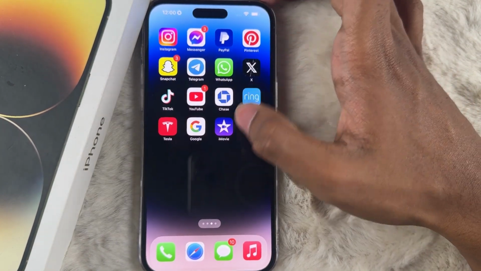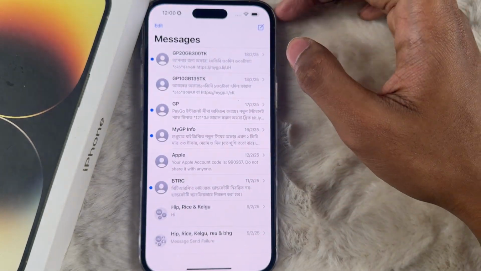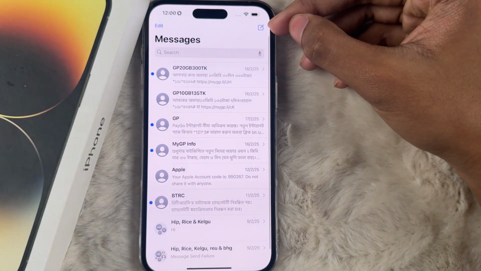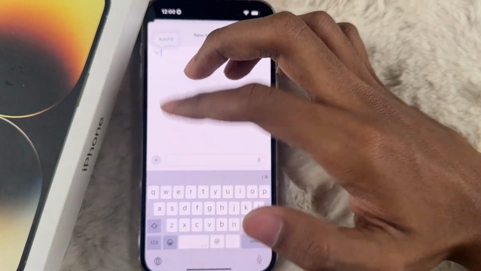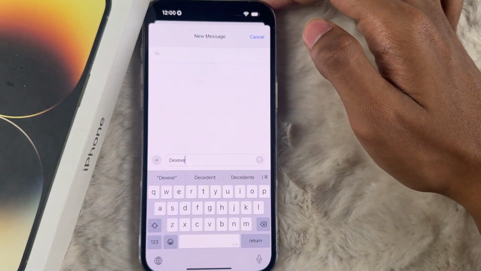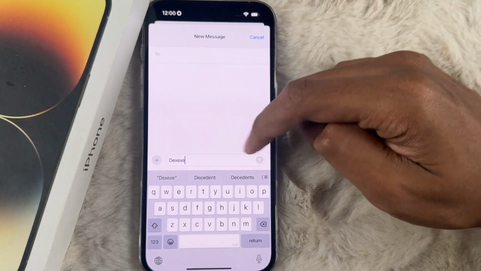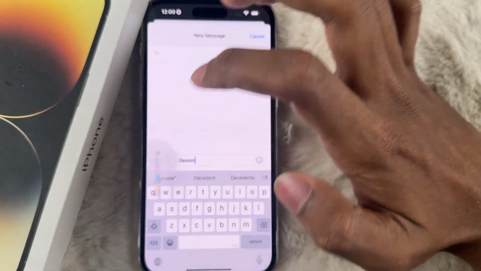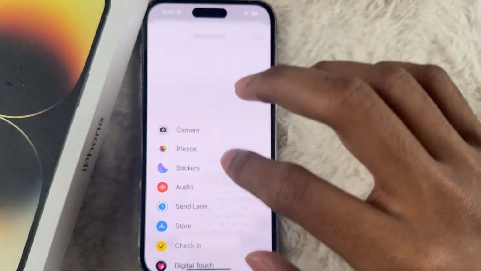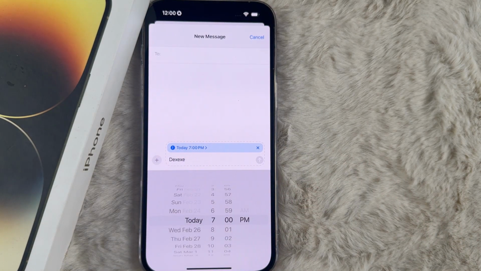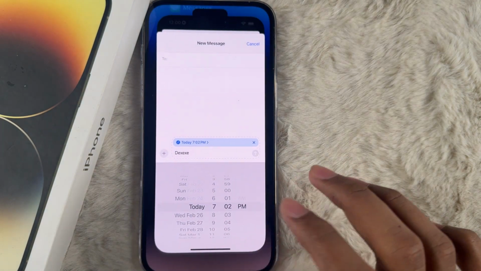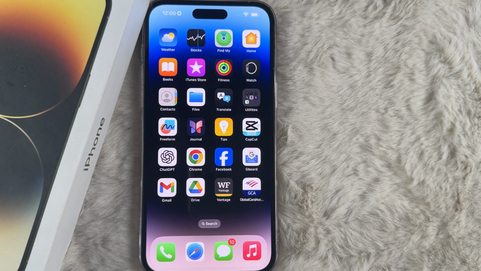So you have to find your Messages app and tap on it, then tap on New Message and choose your preferred contact. Then type your message here, and now you have to tap on this plus icon at the left corner, and here you can see the Send Later option. So you just have to tap on Send Later and schedule your message, and make sure you're connected to Wi-Fi or cellular data, because it won't be available